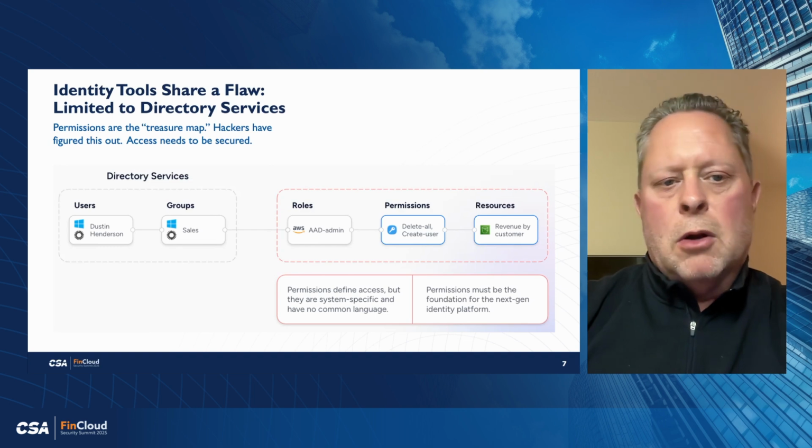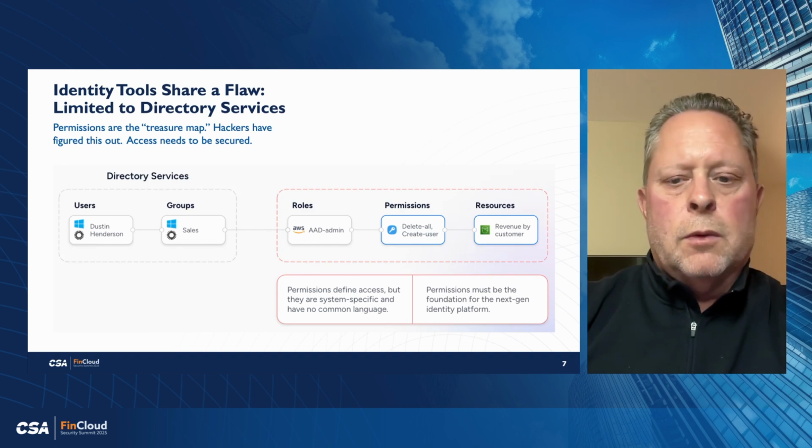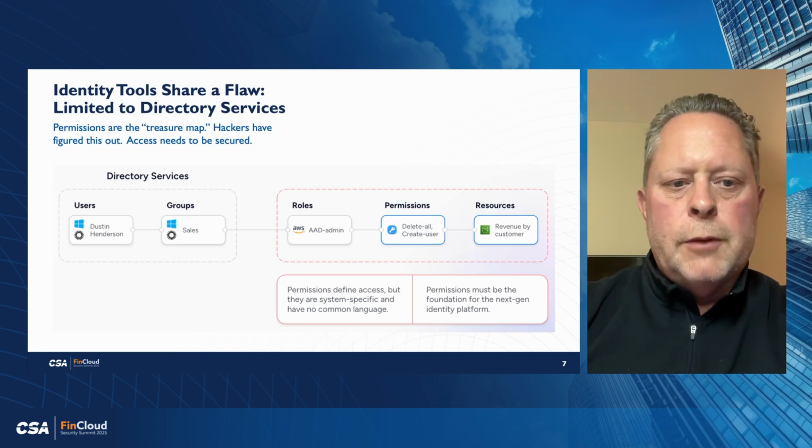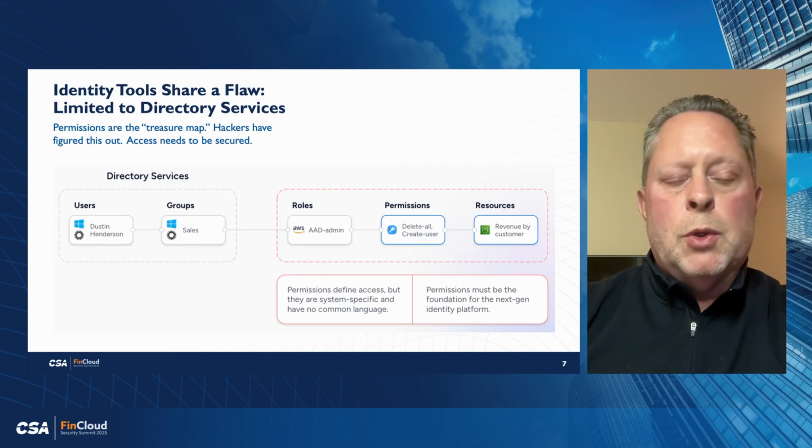But our legacy identity tools, the identity tools we've been using for a while, can't cope with that environment I just described. The main reason is they share a fundamental flaw. They're basically based on a data model of directories. They're a tree structure. Directories basically have users and groups. In a lot of respects, it looks like an HR org chart. Maybe there's a relational database that helps from a data structure perspective. But you have users and groups, and you put users in groups to help things get organized. And that's basically the advantage of a directory-based approach. It helps organize the data.